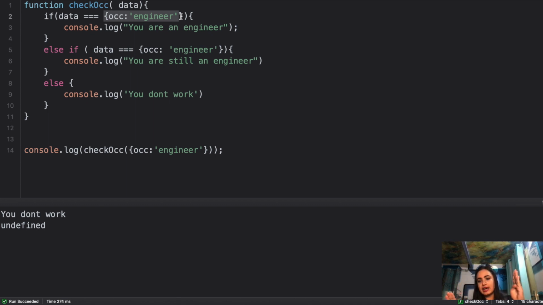So this data here is this, and this other object right here is this. When you do equals, it will tell you that no, these two are not the same, they are completely different objects. So this will not be printed out. This is the same thing that you're doing, and they are completely different objects. No, this also doesn't work. Eventually it goes to console log and it says you don't work. So that's how objects work. Very, very important. It should be very crystal clear to you how they work internally in JavaScript.